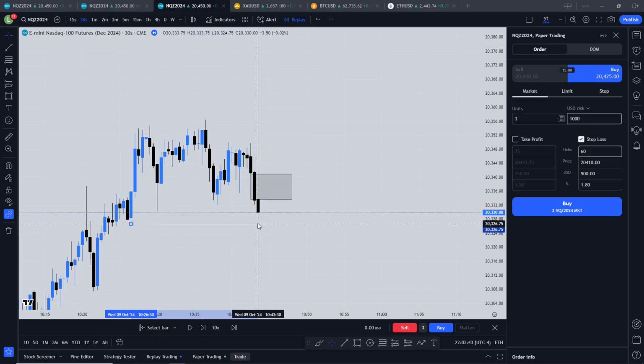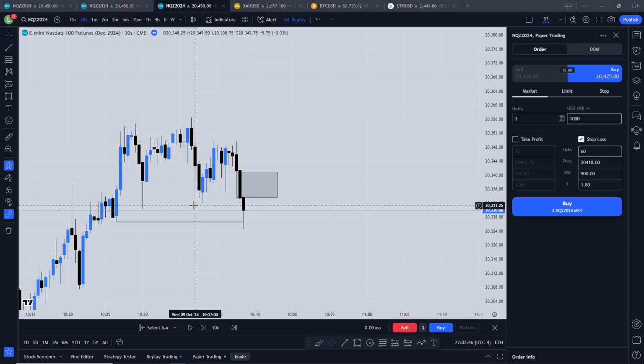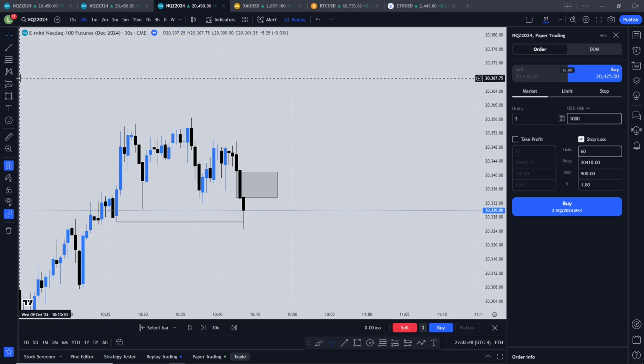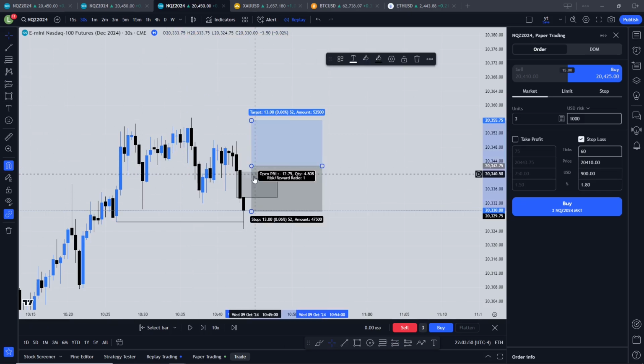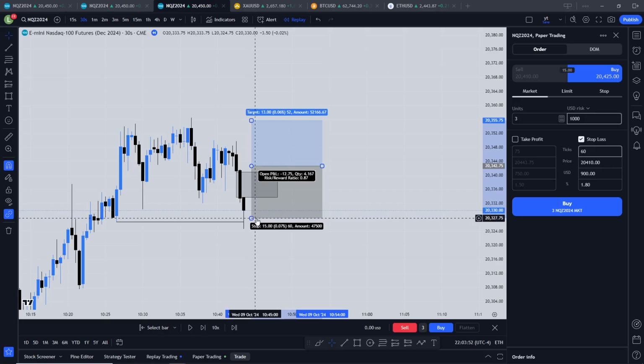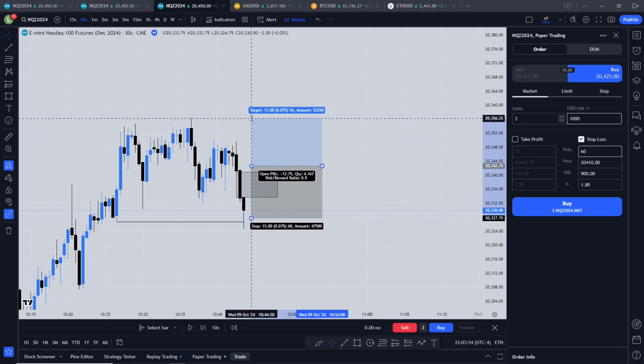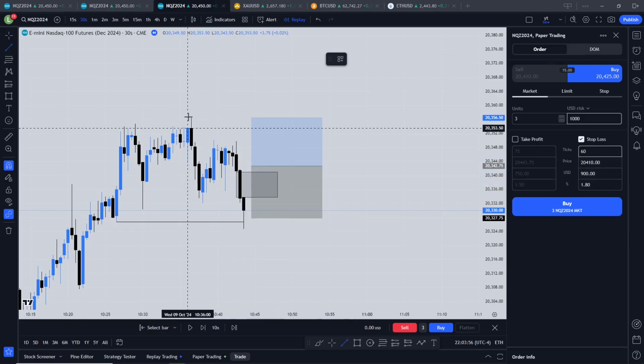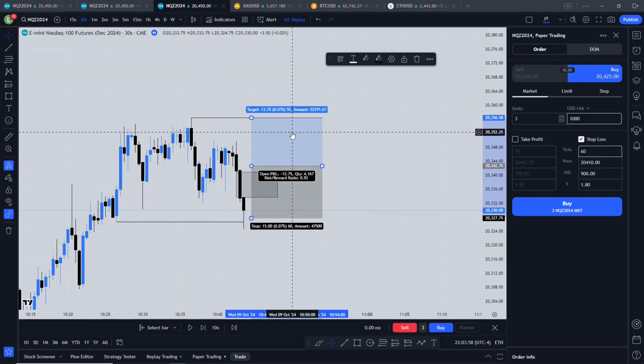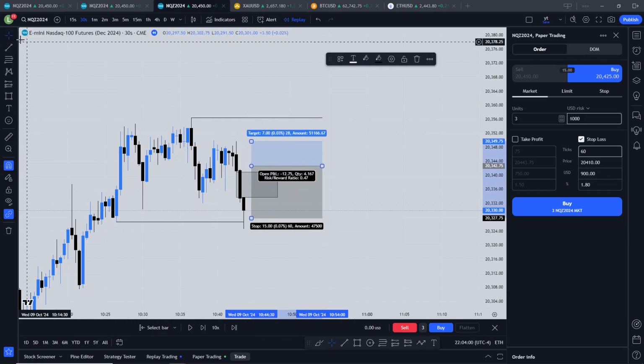We also have this other liquidity right here, a liquidity sweep, right? So I will now be anticipating to get a long, right? Can put out 60 ticks. For the stop loss, we can do first TP here for pretty much one risk reward, break even